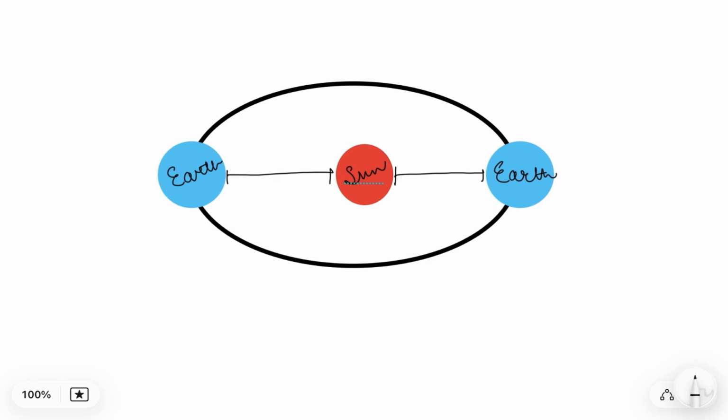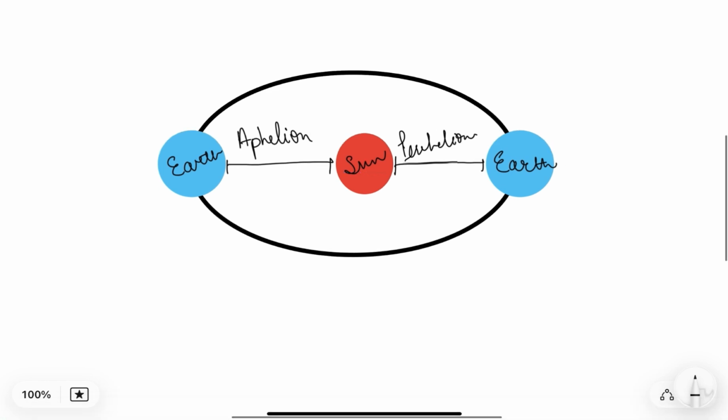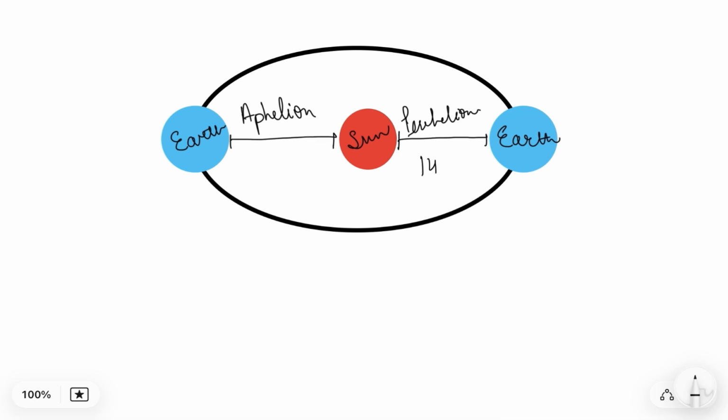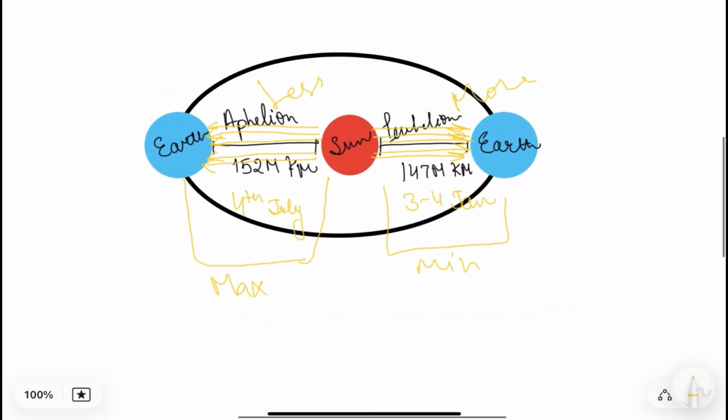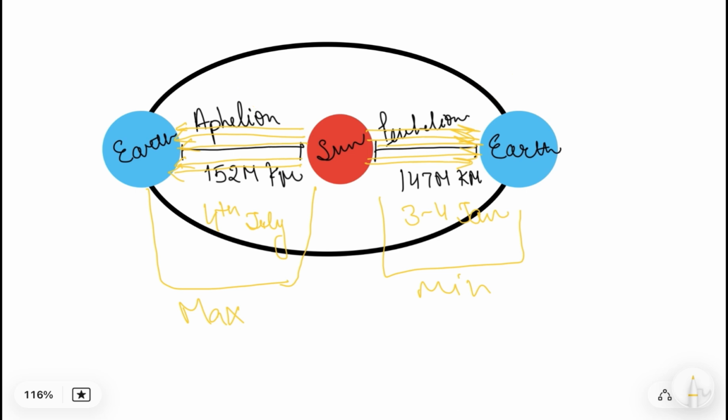The maximum distance between the sun and earth is known as the aphelion, and the distance where it is the shortest is known as the perihelion. It is approximately 147 million kilometers, and it is about 152 million kilometers. So in this we have studied